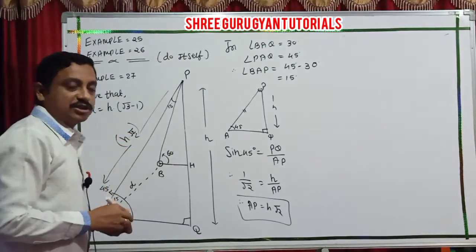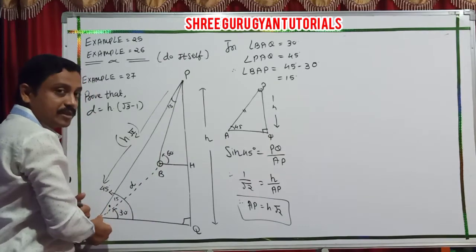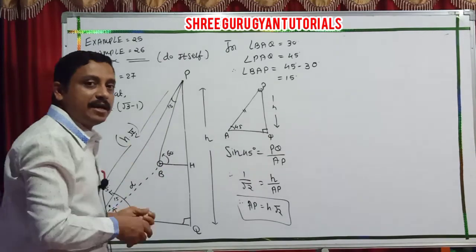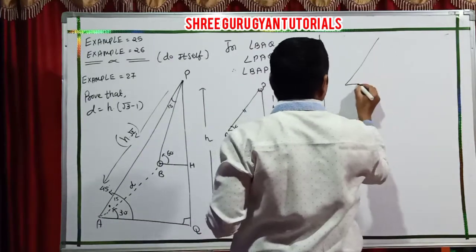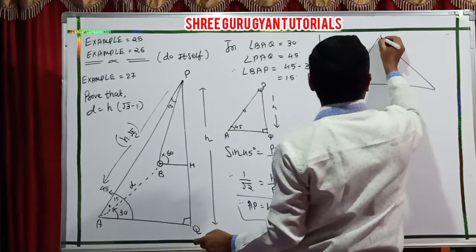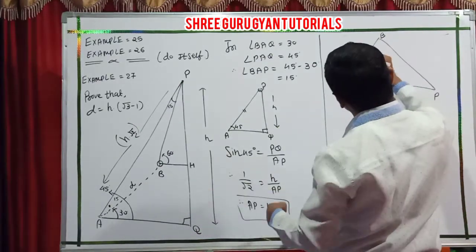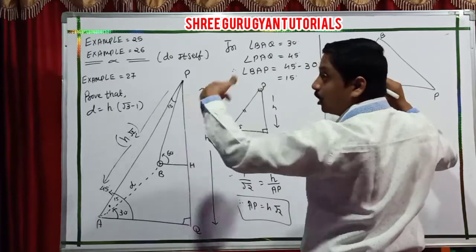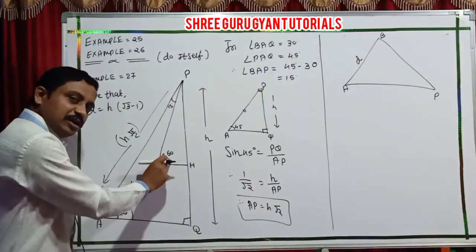Now students, look at the angle PBA. I will plot these triangles again, particularly triangle BPA. Here B, here A and here P. What is A to B? D. P to B? Unknown. Don't worry, let it be. But this 60 is not utilized here anymore.